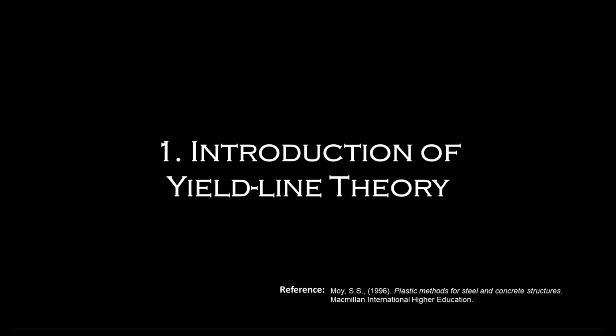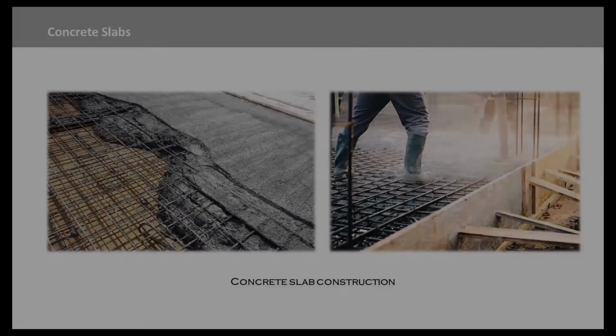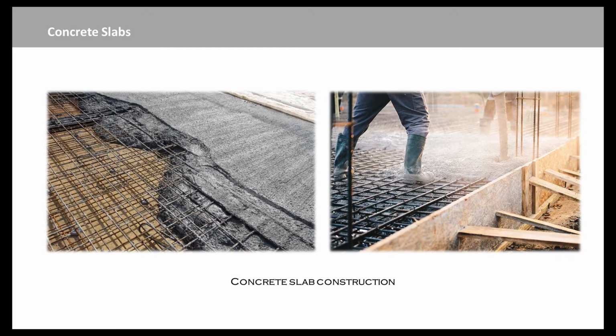The plastic theory is usually rather difficult to apply to reinforced concrete structures because of the limited plastic rotation capacity of concrete sections in bending. However, concrete slabs are almost always very under-reinforced. It is unusual to have sections with more than 1% of reinforcement. Consequently, slabs have considerable plastic rotation capacity and can be successfully analyzed or designed by plastic methods. This video will present the yield line method, which is now widely used.